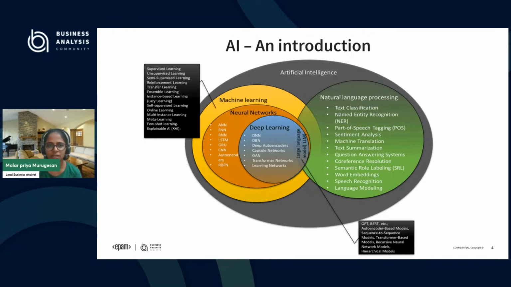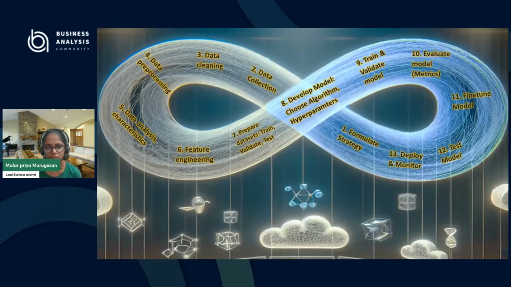Now let us get into the machine learning operations model. It looks like DevOps, right? The real name of the machine learning project lifecycle is MLOps, machine learning ops. That is why you are seeing the DevOps diagram over here. For any machine learning project, we will start with formulating the strategy. First, we will get the business case or the problem statement, and based on that, we need to develop our strategy. What is the next phase? That is data. Data is the fuel of any machine learning project. So we'll start with data collection. Data collection is a very big part. I'll explain it later in further slides.